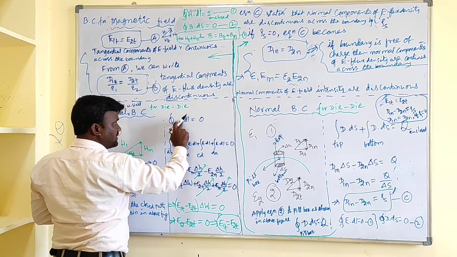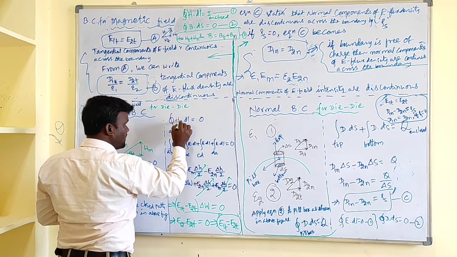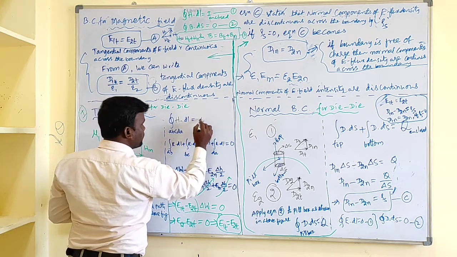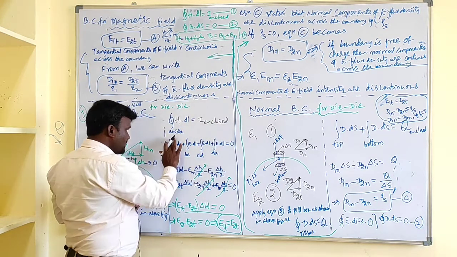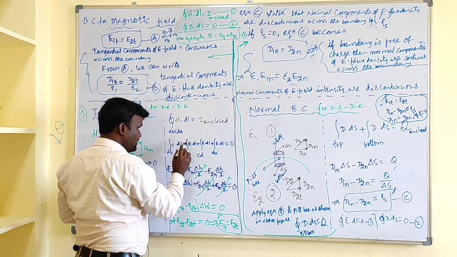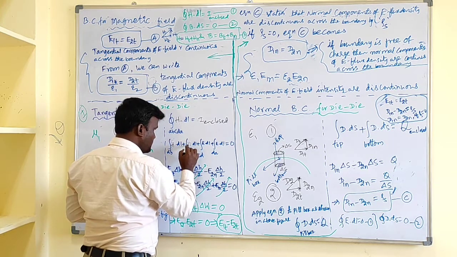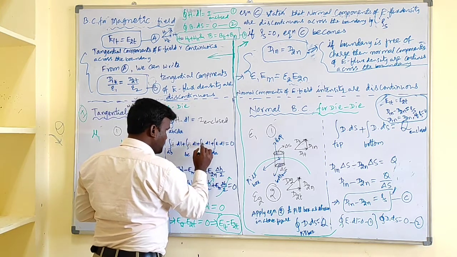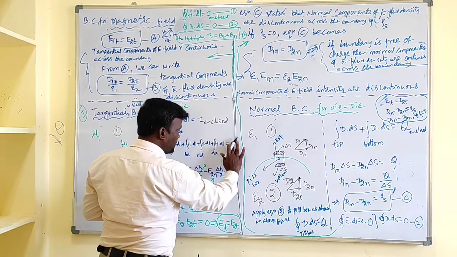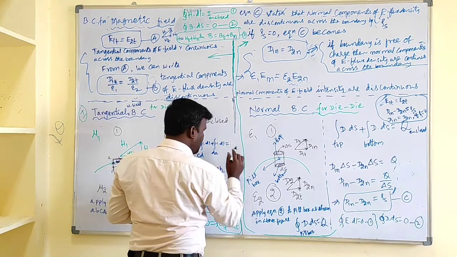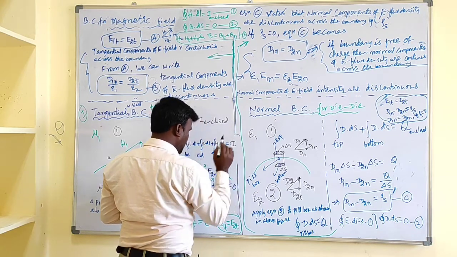What is equation 1 in this case? For the previous case it is E dot dl. Now it is H dot dl equal to what? I enclosed. We need to replace E with H. So this is H dot dl, and this is also H dot dl, but it is not 0. So it should be replaced with I enclosed, or else simply I.